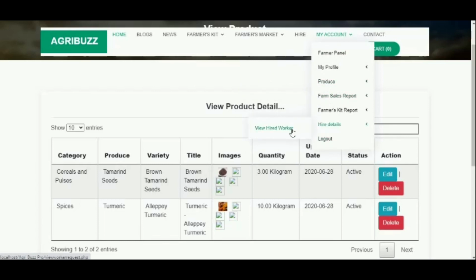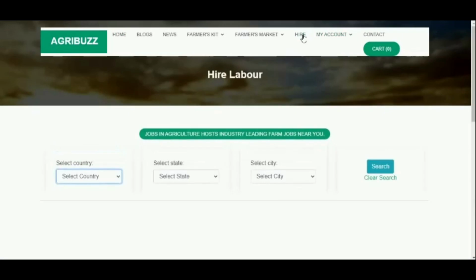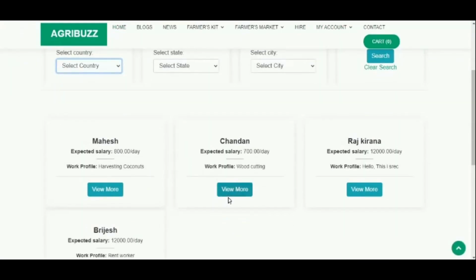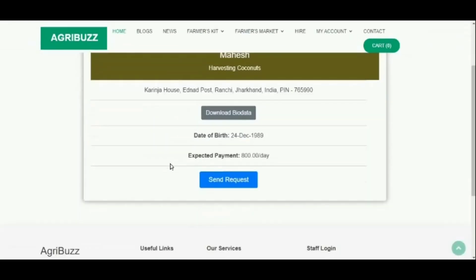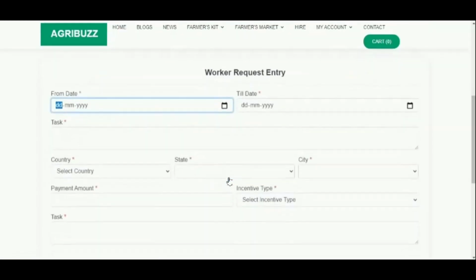In Hire Details, farmer can view the workers they have hired. So under Hire, farmer can see various workers and they can also view them and send requests for them.